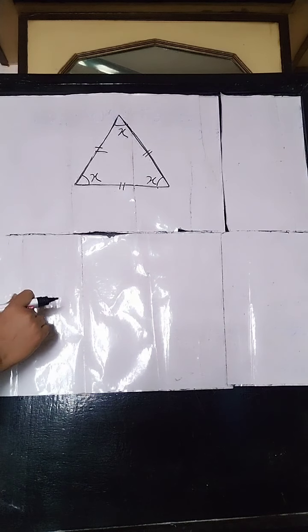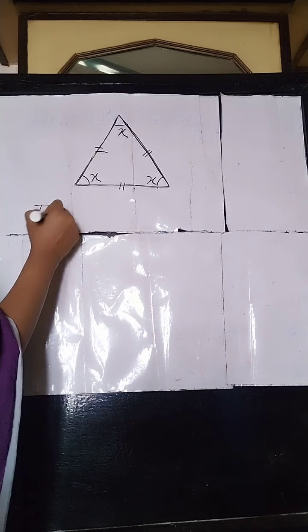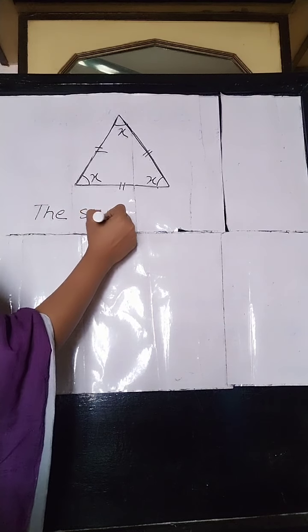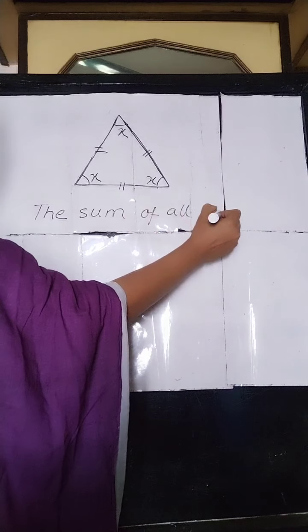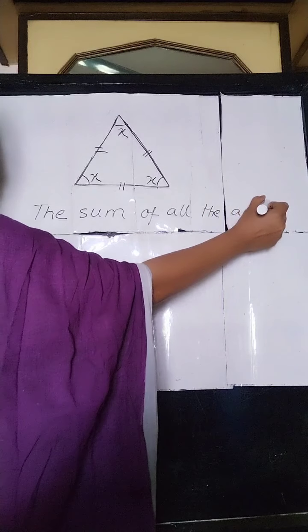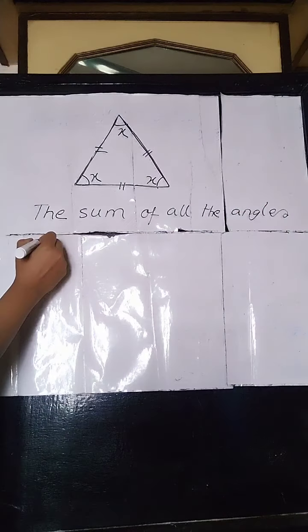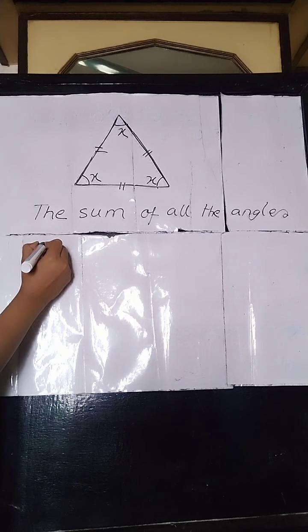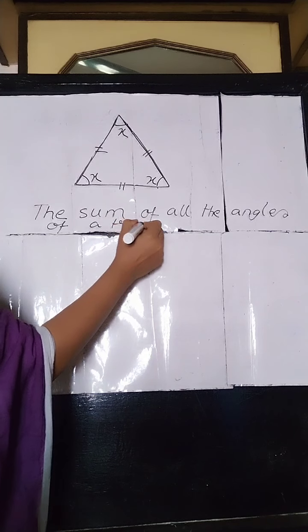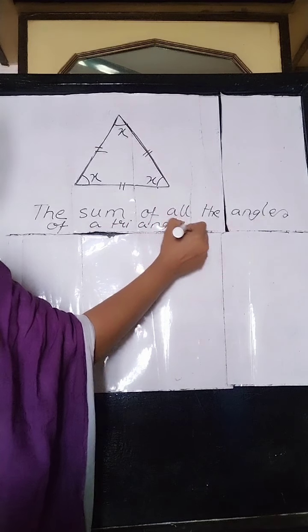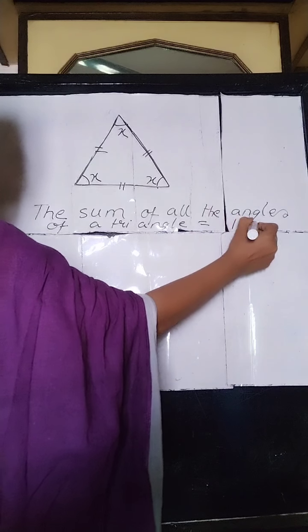However, we know that the sum of all the angles of a triangle is equal to 180 degree. We all know that the sum of all the angles of a triangle is 180 degree. This we all know. Therefore, according to the problem,